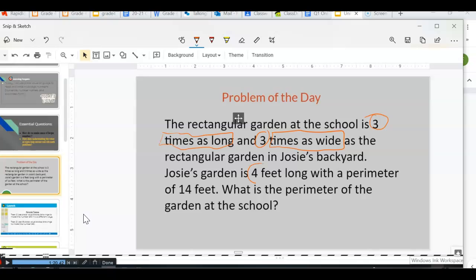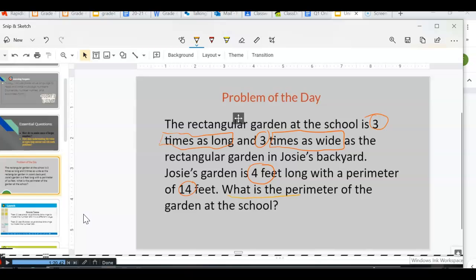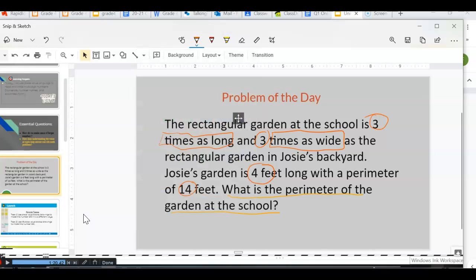Josie's garden is 4 feet long with a perimeter of 14 feet. And our question, what is the perimeter of the garden at the school? Okay, so this is a multi-step word problem, guys, that we're going to have to take a few steps to get there. And we first need to determine, well, how many rectangular figures do we need to draw? And how many gardens are we talking about? So it looks like we're talking about 2 of them. So we've got a rectangular garden at the school, and we've got the garden in Josie's